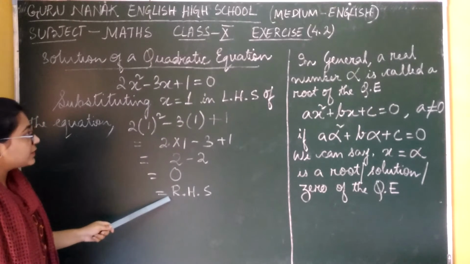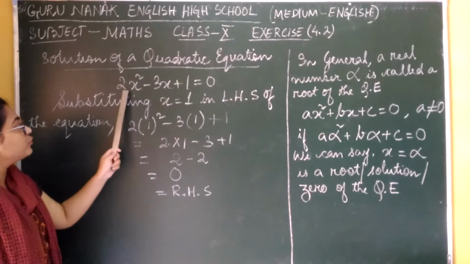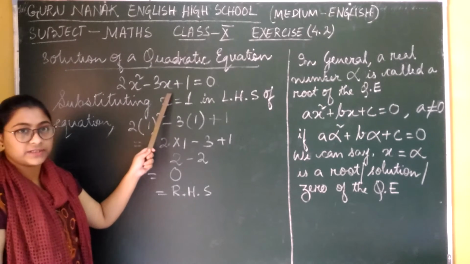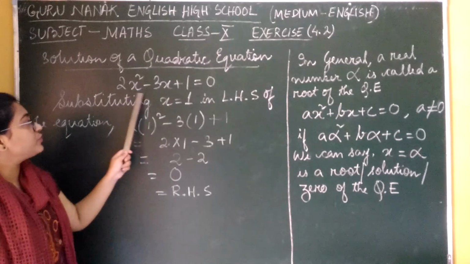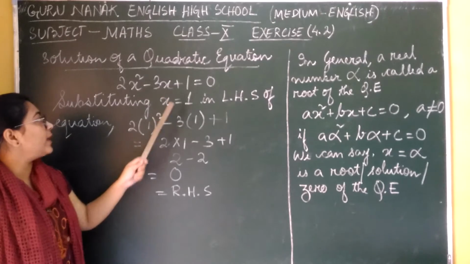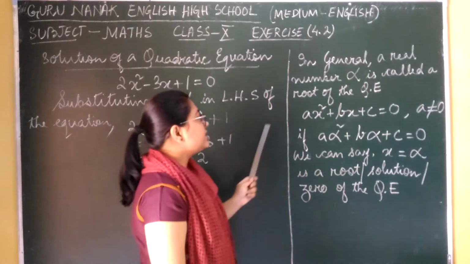Now from this we can say that x equals 1 is a root of the quadratic equation, or we can say x equals 1 is a solution of the quadratic equation 2x squared minus 3x plus 1 equals 0. Now in general form,